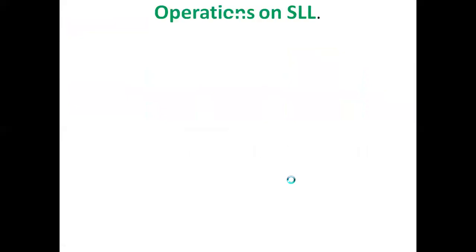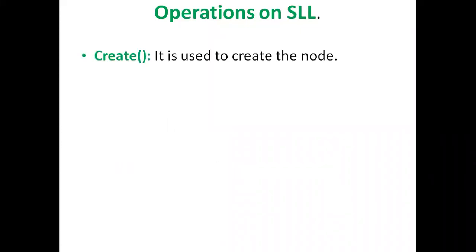Right. Now, operations on a single linked list. What are the operations we can perform on a single linked list? Here the first one is create. Create is used for creating the node. If we observe the previous slides, we are creating the nodes with malloc dynamic memory allocation, and we enter the data, that is 10, 20, 30, 40, 50. The next node addresses are null, null, null, null, and so on. So if you want to create the nodes, we use the create operation.